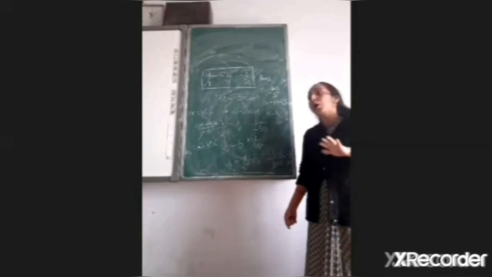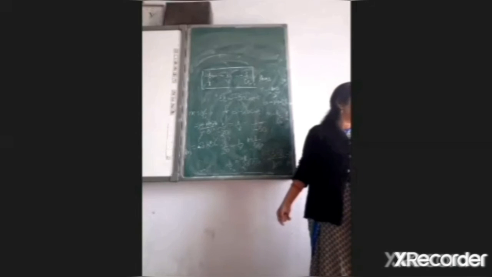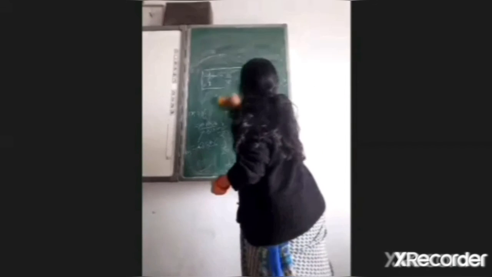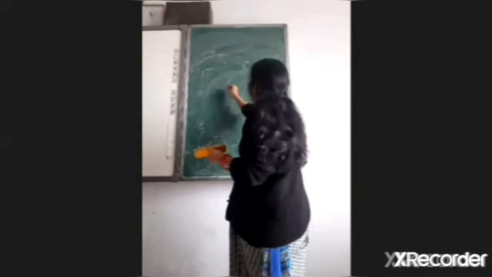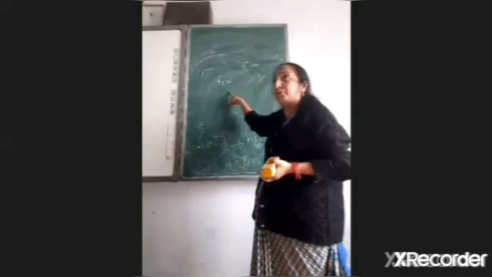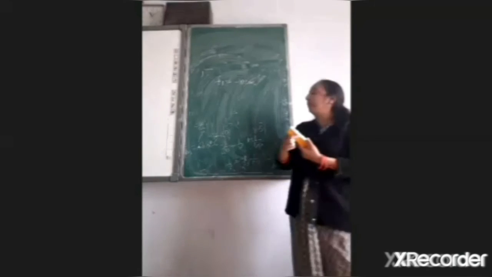So we have two lenses here. One is concave, another is convex. The focal length of concave lens is given to you 10 centimeter. First we have concave lens f1. So it is concave, that means we will take as negative, minus 10 centimeter. Okay, the focal length of concave lens is minus 10 centimeter, and that of the convex lens is 1 centimeter.